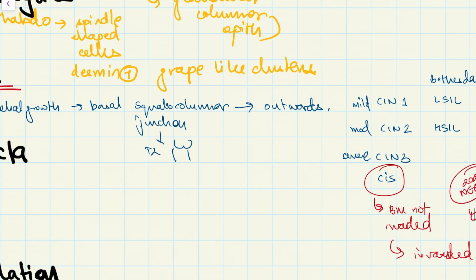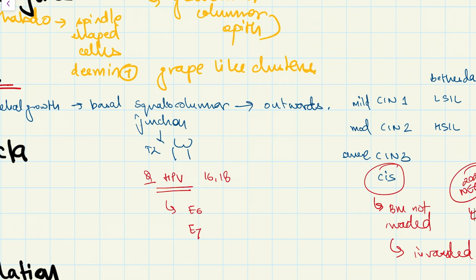Next very important point to remember is that it is associated with HPV 16 and 18, which is the high risk variety, and they both express proteins E6 and E7. What they do is that E6 is responsible for inhibiting the tumor suppressor gene P53 and E7 inhibits the RB gene. How you can remember is that 6 comes before 7, similarly P comes before R. So E6 will inhibit P53 and E7 will inhibit